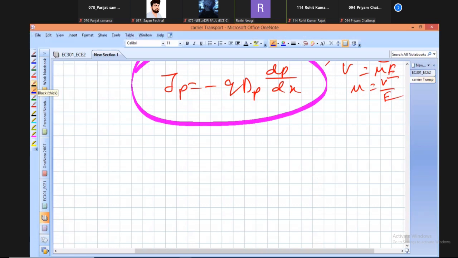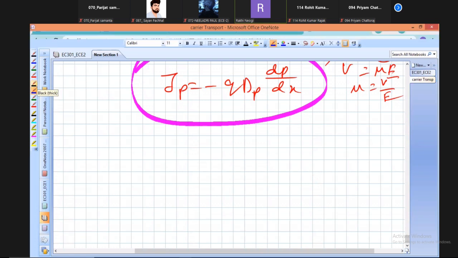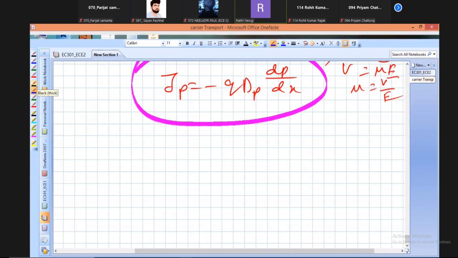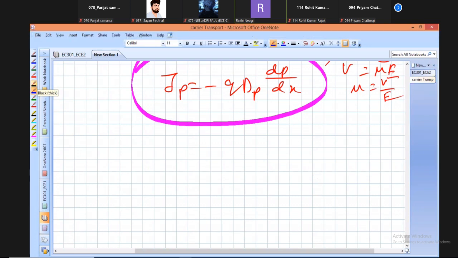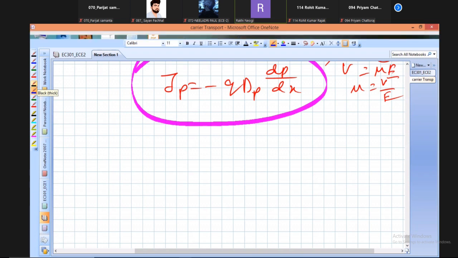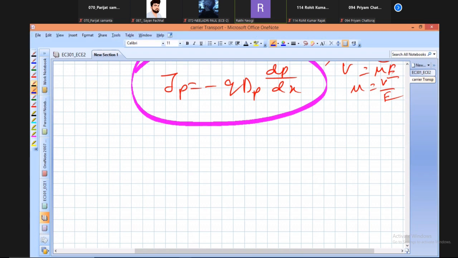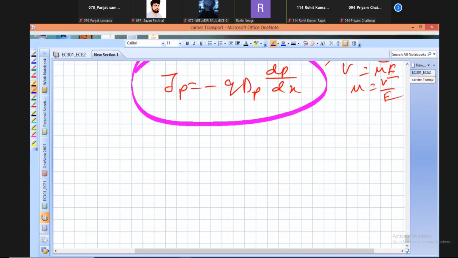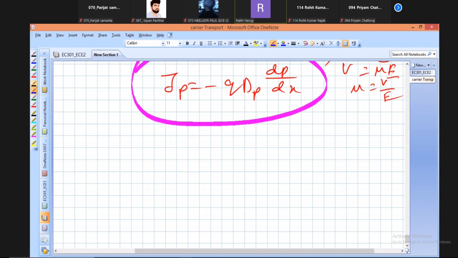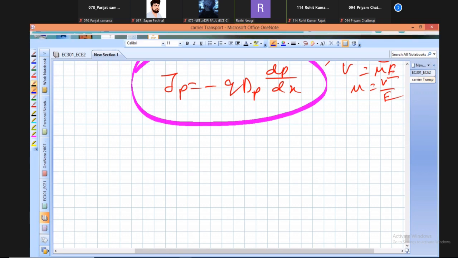Up to now, what we consider is equilibrium. Equilibrium means no excitation other than the present. We can't apply any electric field or provide any intervention in the form of light. Only temperature is present. These are the conditions satisfied. The second condition is that there is no net transfer of charge or radiation. That's why it is considered equilibrium.